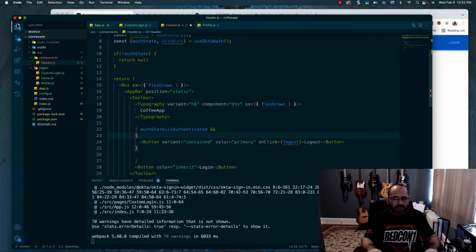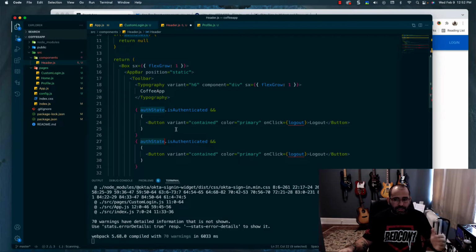Let me go ahead and bring that down here. There you go. And then the next thing is let's bring that down here and make a copy of it. Now for the next one, we are going to set up if the authentication is pending. That basically is checking to see if maybe the API is running a little slow or whatever. So if authentication is not pending and the authentication doesn't exist, basically he's not authenticated,